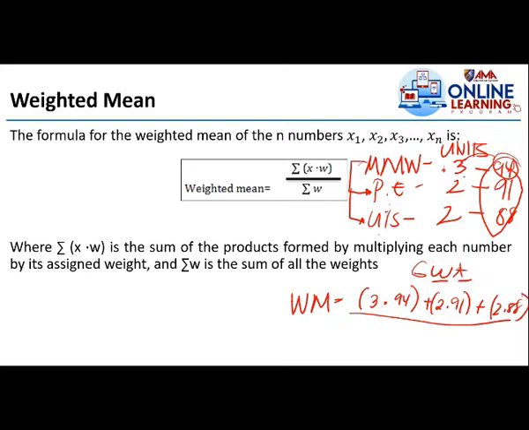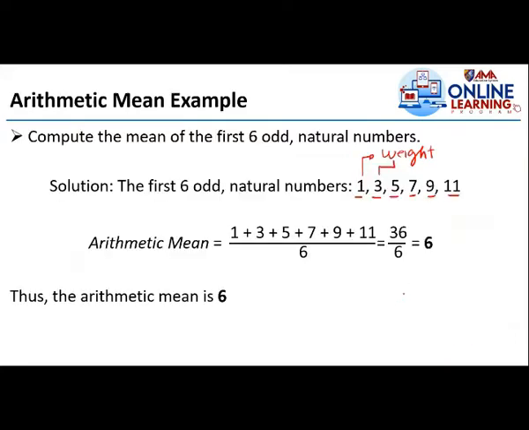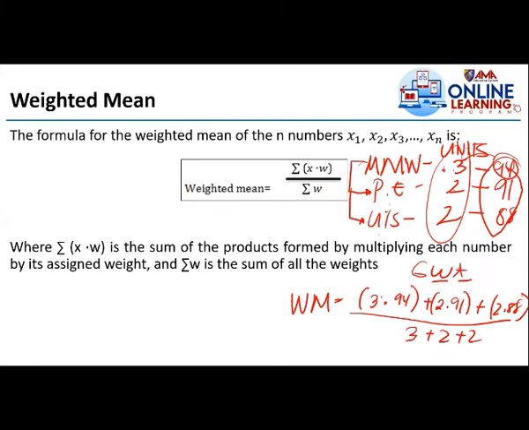Then you divide it by the total number of units. So 3 plus 2 plus 2. So ito yung kaibahan niya with arithmetic. Okay? Then you will get the weighted mean. In college, it is called the graded weighted